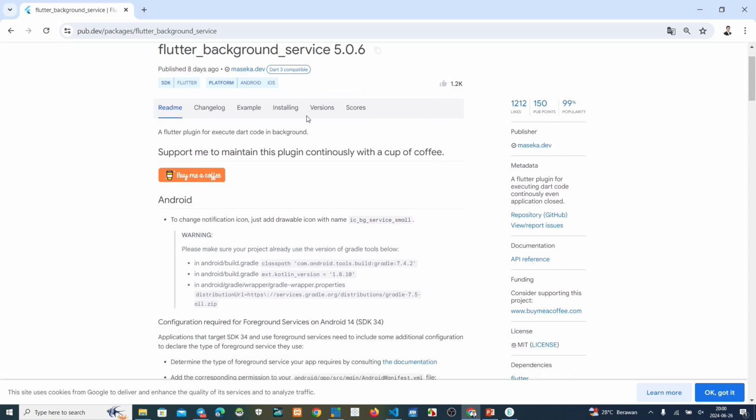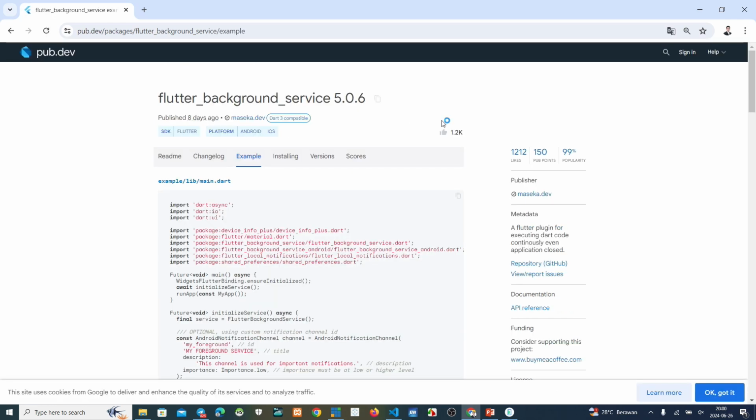Now we follow this instruction, Flutter background service 5.0.6, this example.